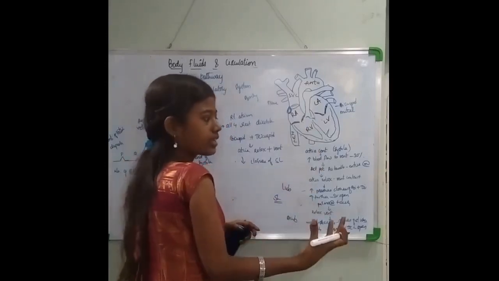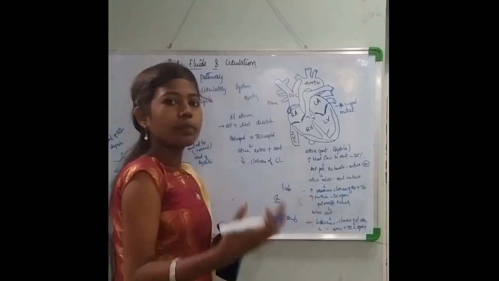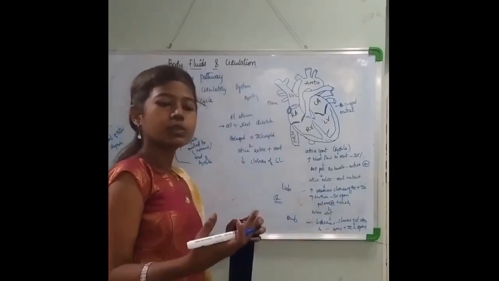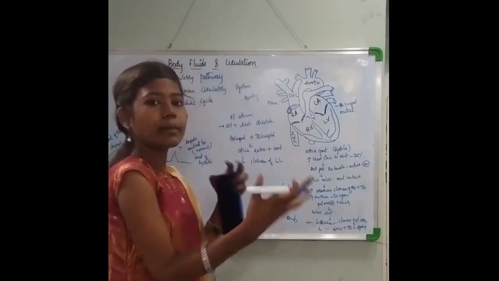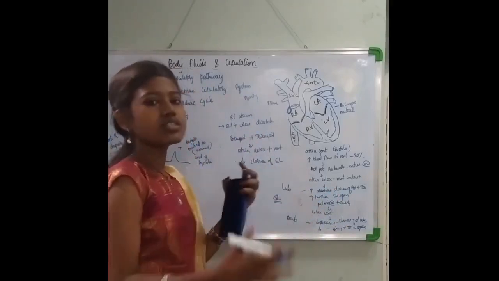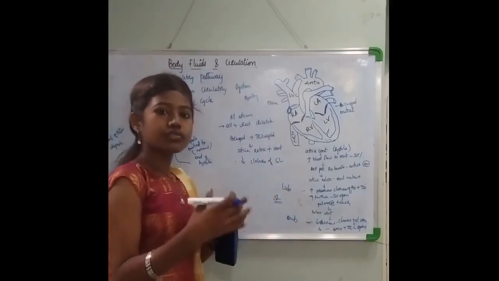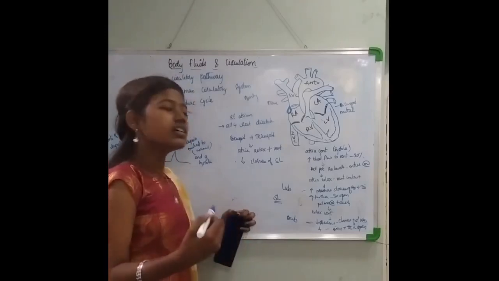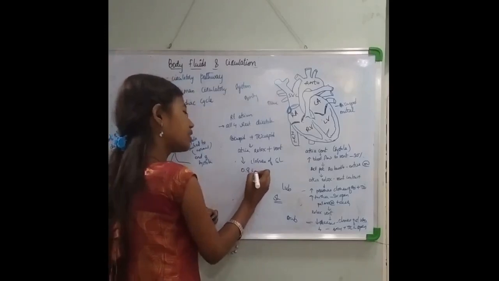Further decrease in pressure of the ventricle leads to opening of the bicuspid and tricuspid valves. Once they open, again the deoxygenated blood gets into the right atrium, and the same process repeats. This continuous sequence of events which occurs repeatedly, or rhythmically, is referred to as the cardiac cycle. The cardiac cycle lasts for 0.8 seconds.